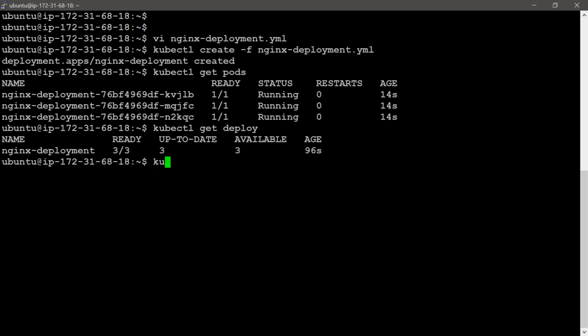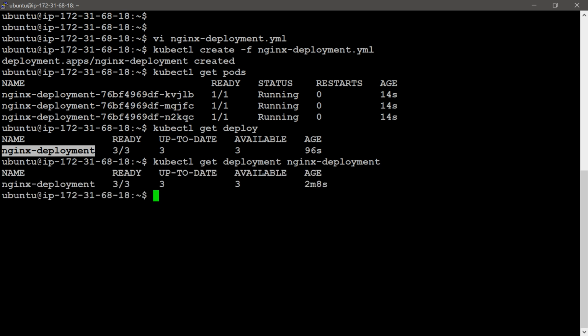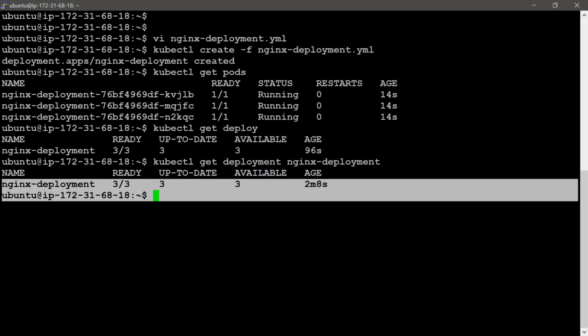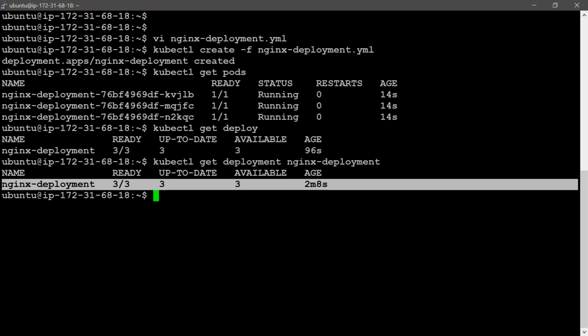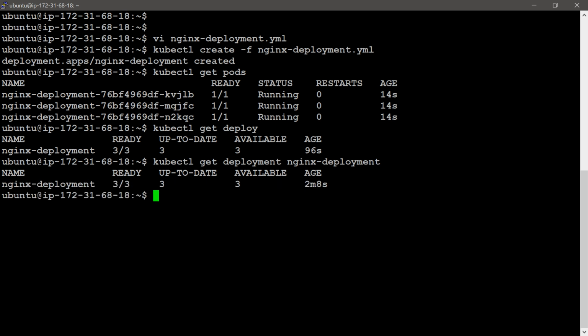Then I'm going to give one more command, kubectl get deployment, then the deployment name. You can see the same thing with this command also. If we have a low number of deployments, we can provide the deployment name with this kubectl get deployment command.